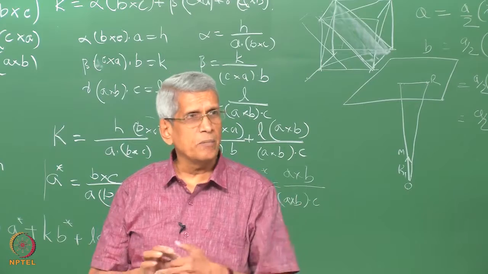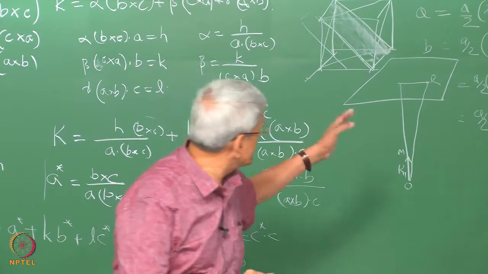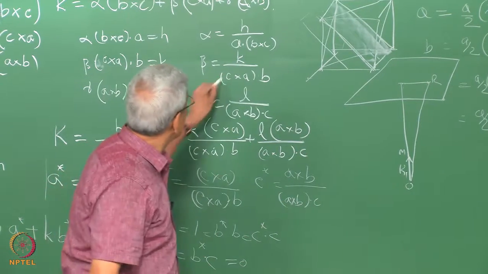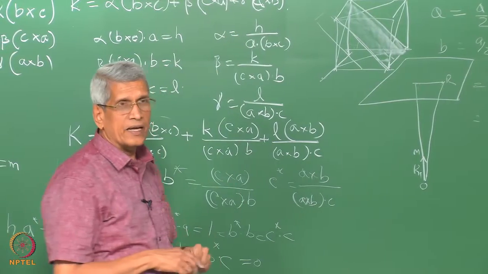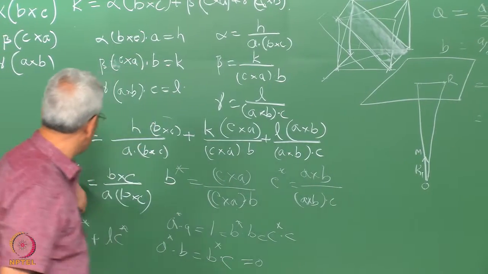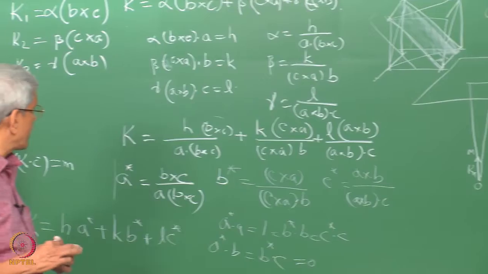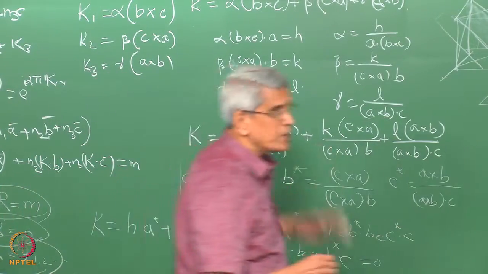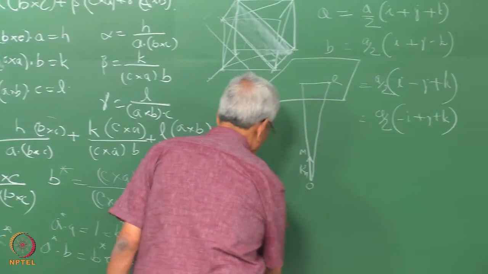What does this essentially mean? All these expressions which we have taken are here, B cross C by, this can be considered like, suppose we take